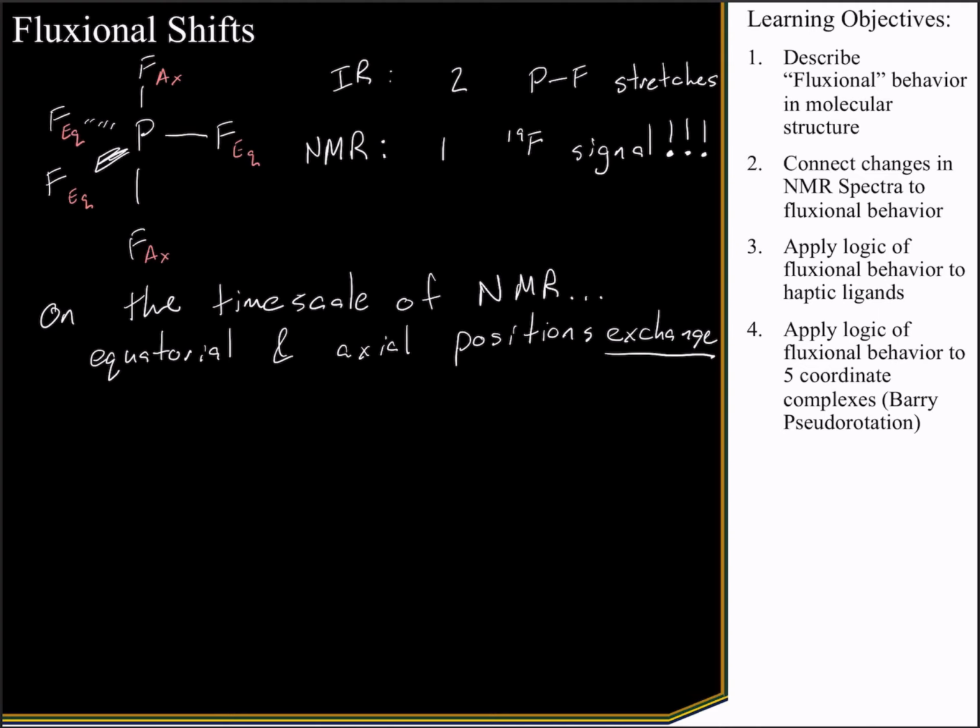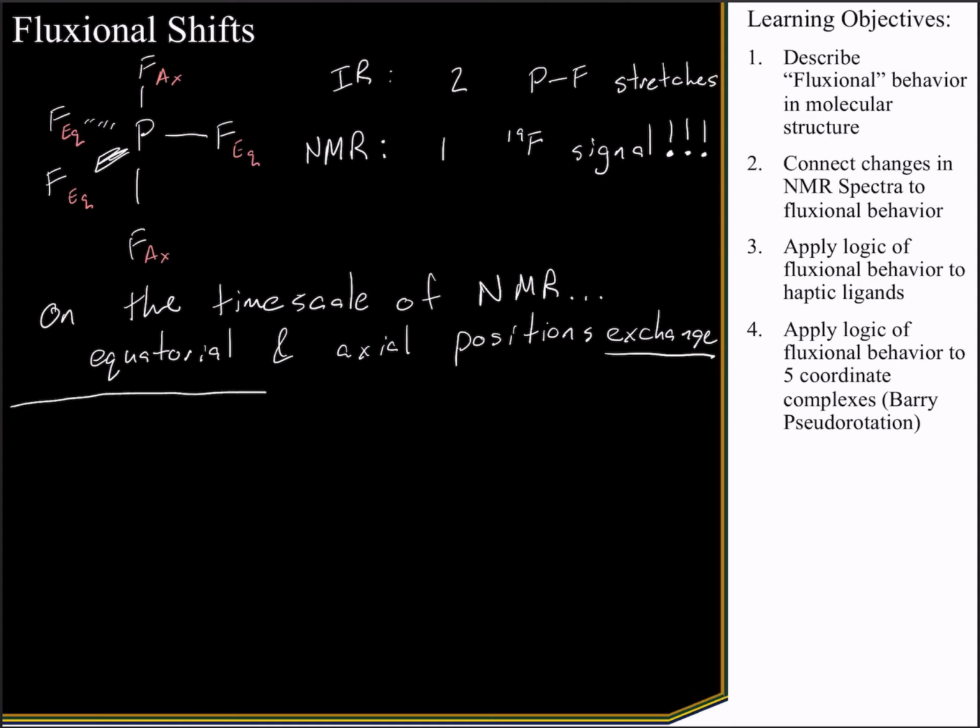Now, the reason this works out is because IR is a very fast spectroscopy. And what I mean by fast spectroscopy is I mean that IR is measuring bond vibrations. Bond vibrations occur very quickly. And so if we have something that exists for longer than a few bond stretches, we can actually see it in IR spectroscopy. However, NMR spectroscopy tends to be much slower, right? So it has a much longer time scale for NMR spectroscopy. So we must be seeing something that's occurring here, right, where we have an exchange between these axial and equatorial